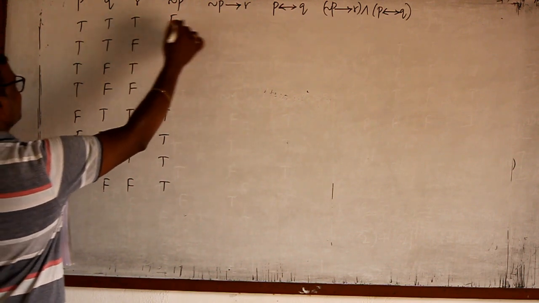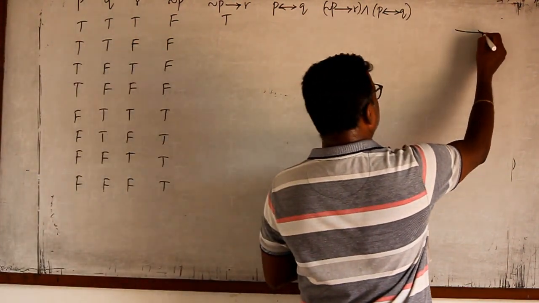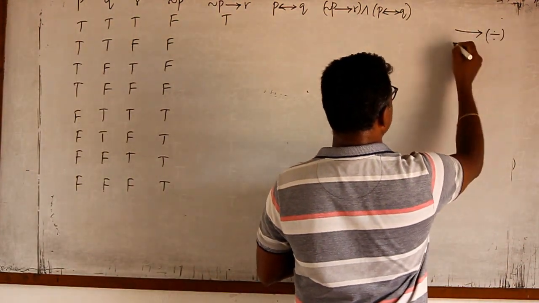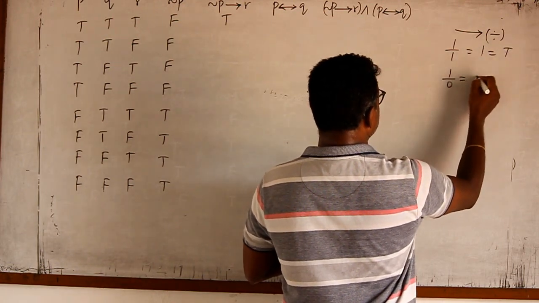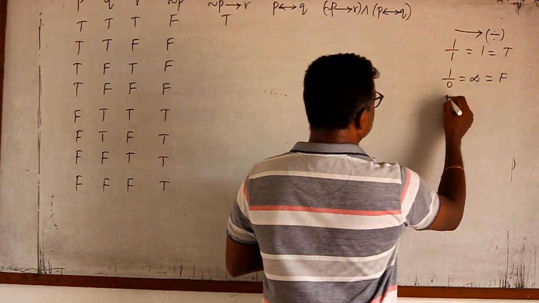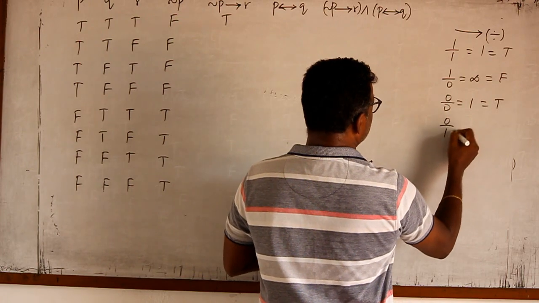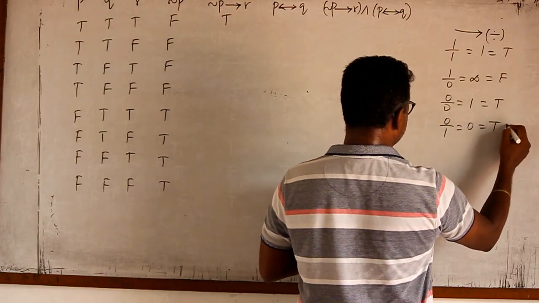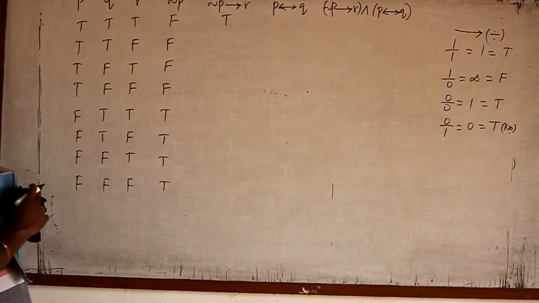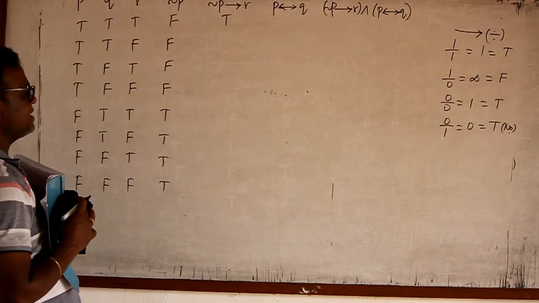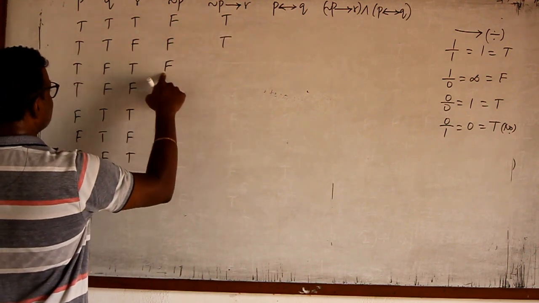0 by 1. 0 means true. And I told you, then means division. Division means 1 by 1 is 1, that is T. 1 by 0 is infinity, that is false. 0 by 0, make it as 1, so it is true. 0 by 1 is also 0, that is also a number. Remember? So it is 1. So only when the denominator is 0, it is false. For all the remaining it is true. So 0 by 0 is true. 1 by 0 false.